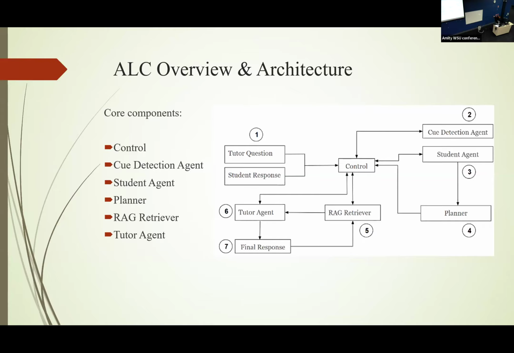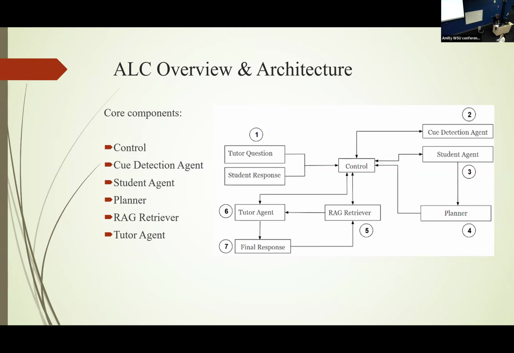Here is an example of agentic AI. We have a control, that is the orchestrator. It connects with multiple AI agents. One is the cue detection agent, another one is the student agent, then the planner agent. We have a couple of agents here, and they work together. Whenever a tutor asks a question, the student normally replies, and based on